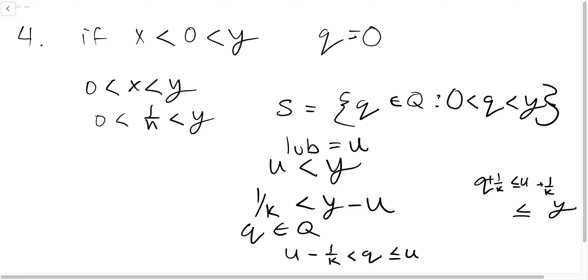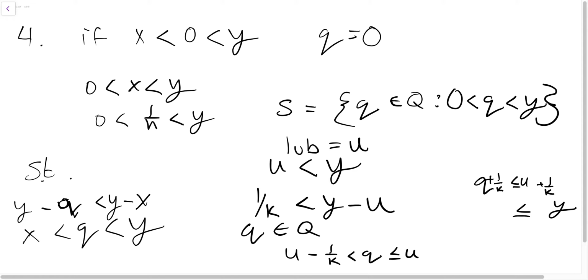So that means our least upper bound in S must equal u, and by our second proposition, we can find a q in S such that y minus q is less than y minus x, i.e. x is less than q is less than y. It's a funky looking q there. But that validates the fourth axiom, and why that validates our real numbers. The immediate consequence of this result, already seen in this proof, is that if R is a complete ordered field